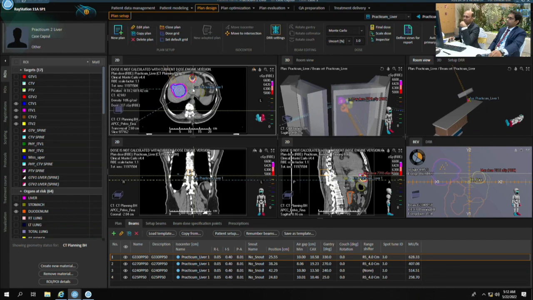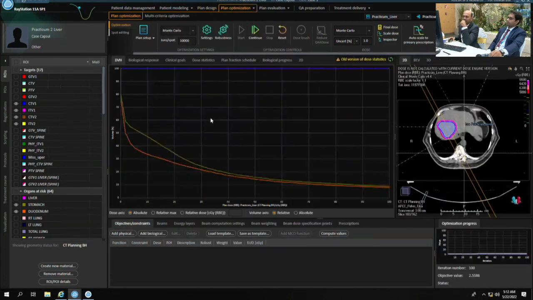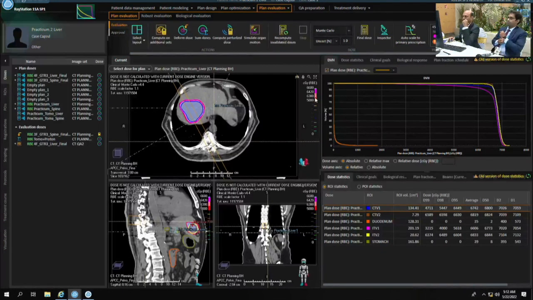And this anterior oblique of both right and left are treating to the small target. But we try to maintain the SFO technique. Okay. And it is robustly optimized to the CTV. So the dose prescription now was 67.5 gray in 15 for the liver lesions, which is the standard protocol